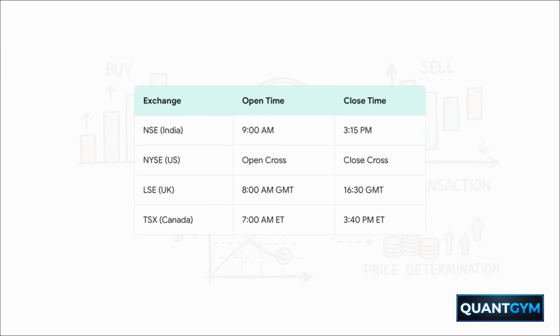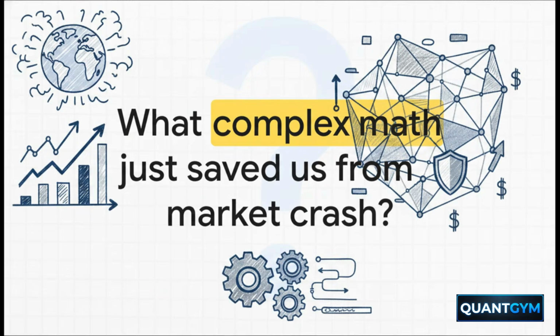Virtually all major execution venues globally rely entirely on call auctions to manage their absolute most volatile, high-stakes open and close periods. So I want to leave you with this final, slightly provocative thought. The next time you wake up to incredibly chaotic global news overnight, and you watch the market open smoothly at a single stable price without instantly crashing, ask yourself, what complex, invisible mathematical net just quietly protected the integrity of the market? Because it's the call auction system, always working behind the scenes. It's fascinating stuff.